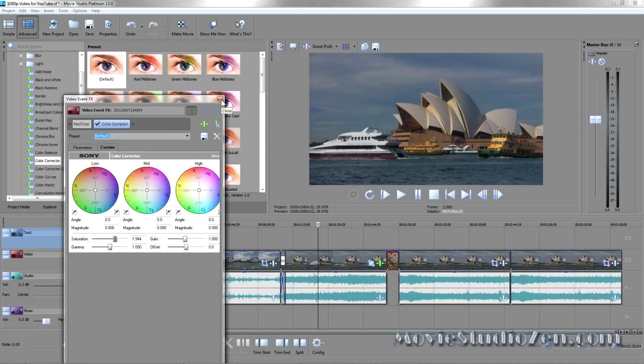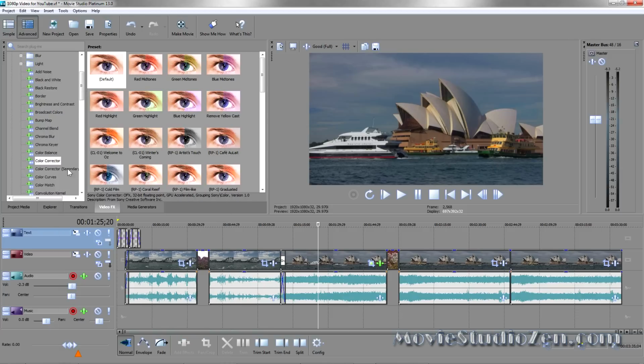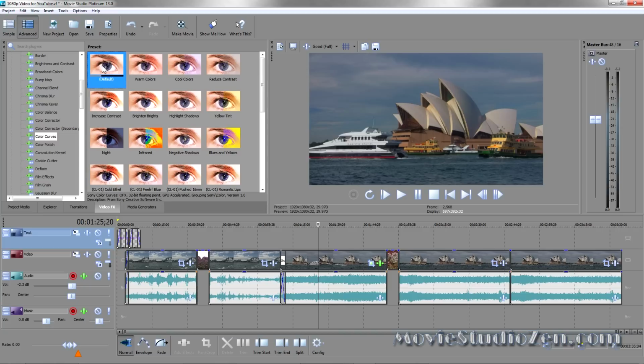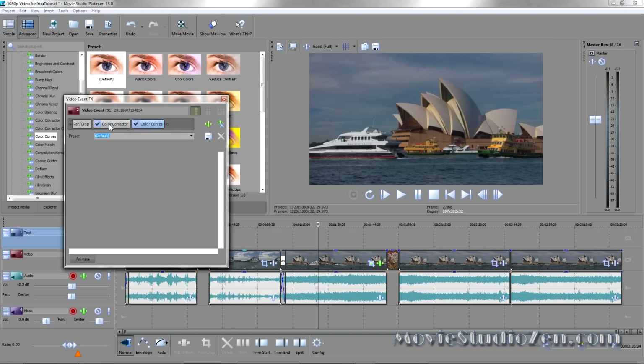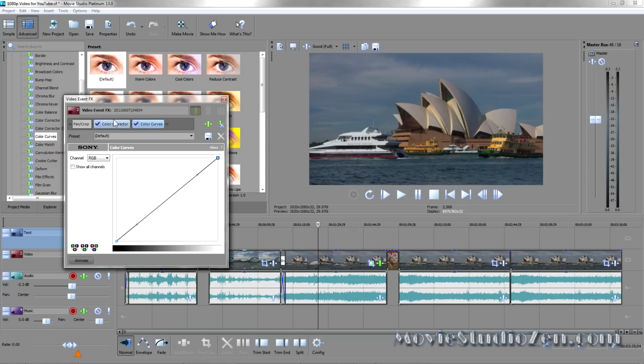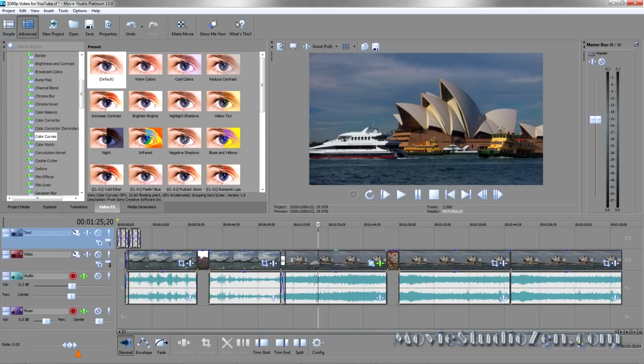I can also add in a chain of video effects. So say if I wanted to add color curves as well, I can drag it down on top of the same video clip. Then you can see the chain of effects. You can go backwards and forwards from one to the other. You can temporarily turn one on or off. Make a little S curve here. And then when you're finished, just click it off.